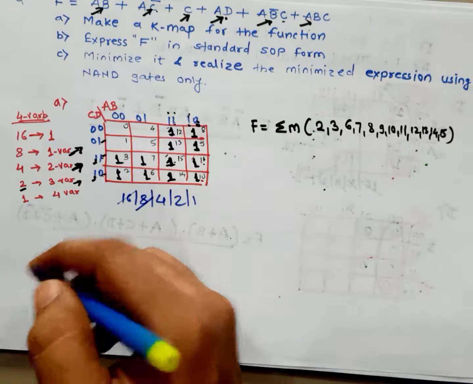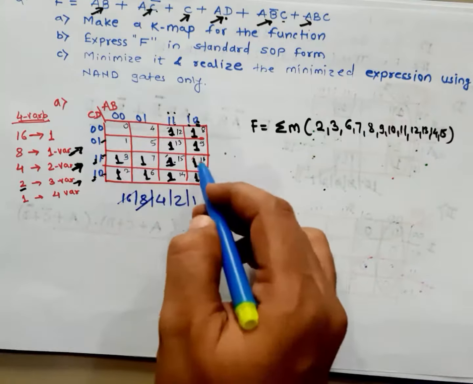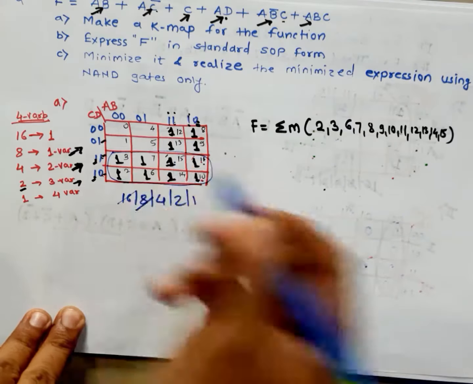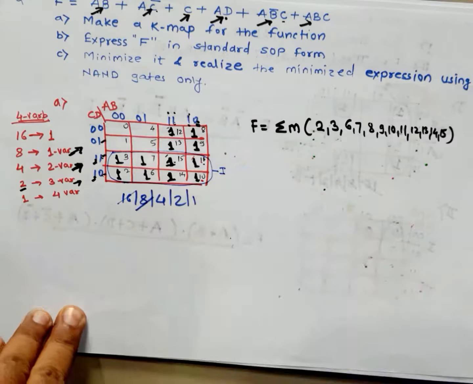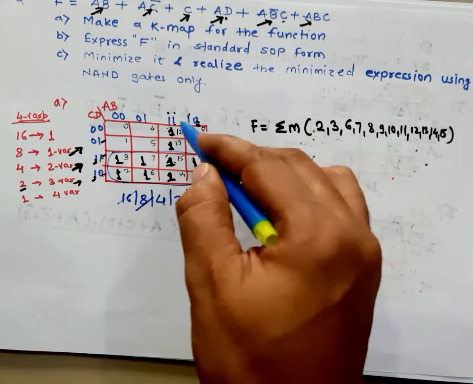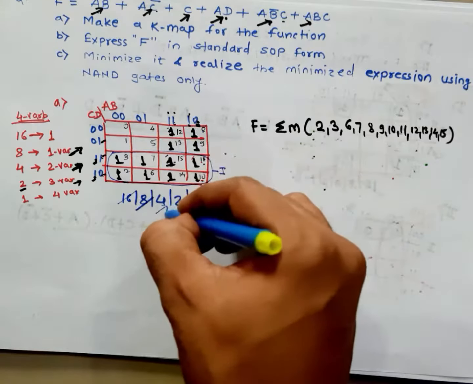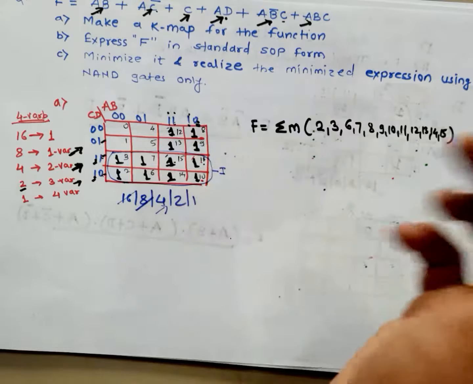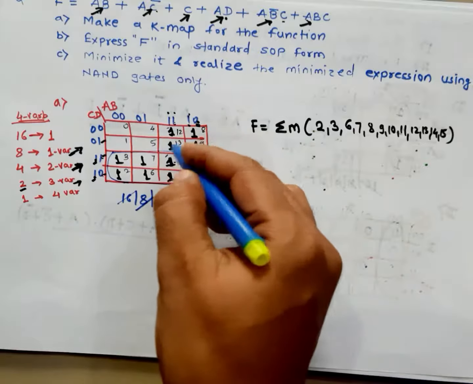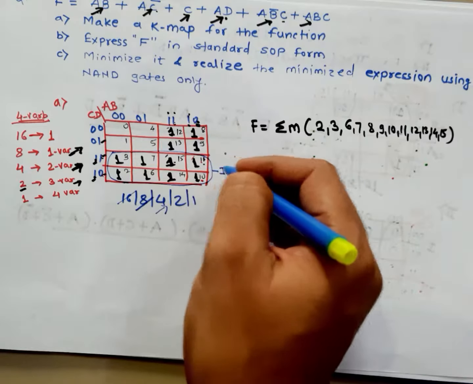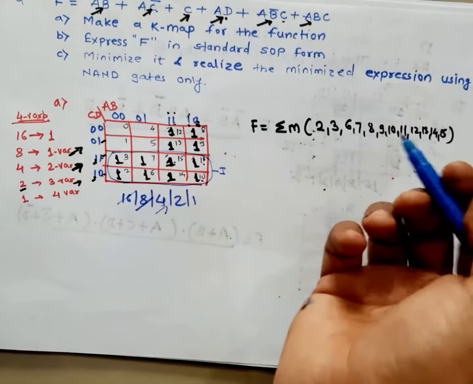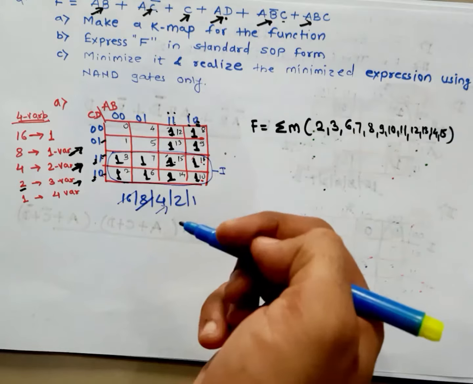Yes, it is possible, because this group of 8 cells horizontally, we can easily say, is a group of 8 cells. So this is the first group. Now the remaining 4 cells, can we make a group of 4 cells? Yes, you can make a group of 4 cells here, but this will be wrong, because then your equation has more variables, but our aim is to reduce the variable size in the final equation.